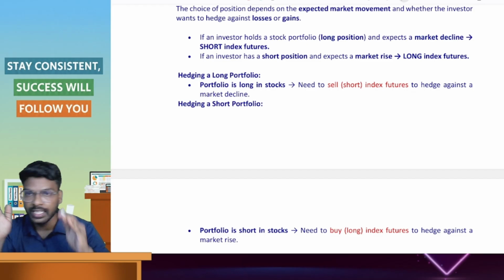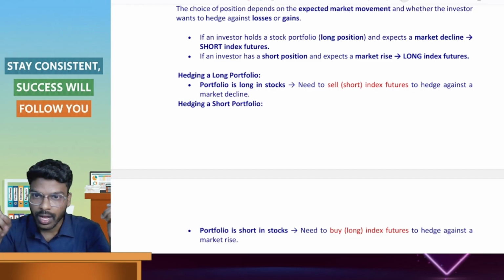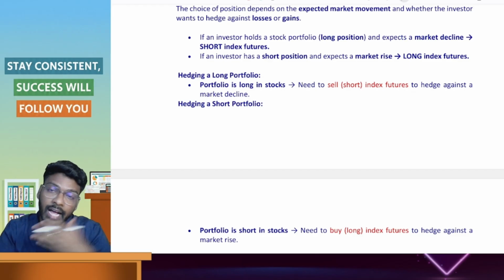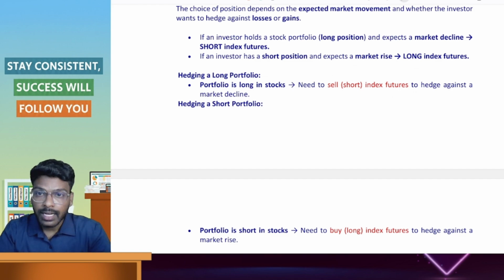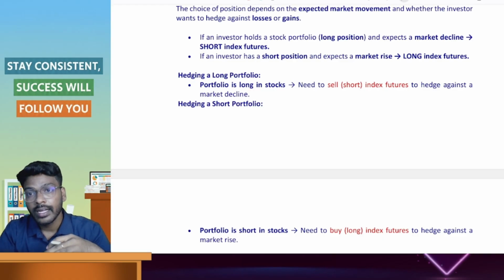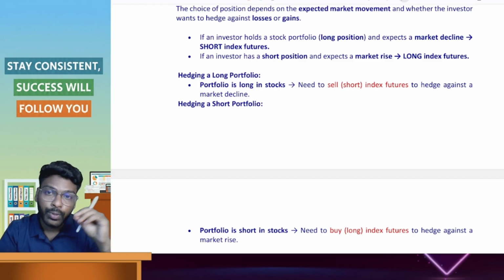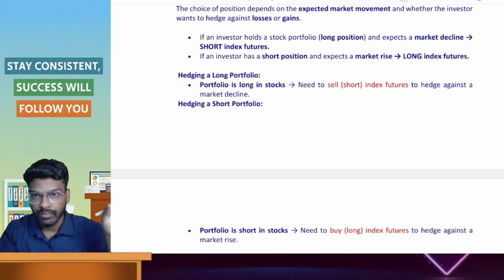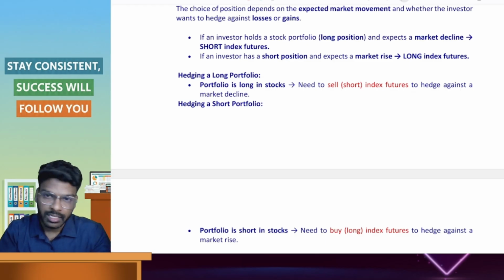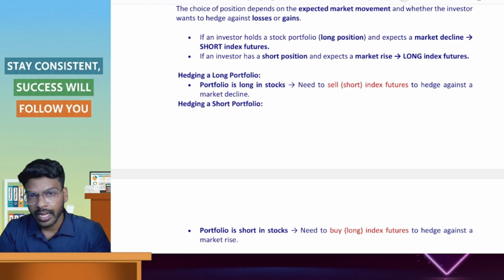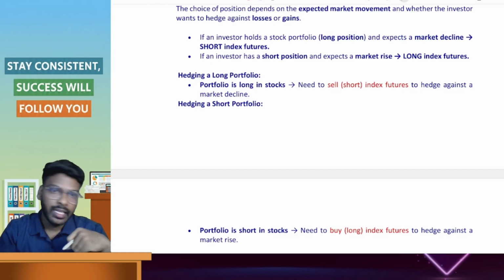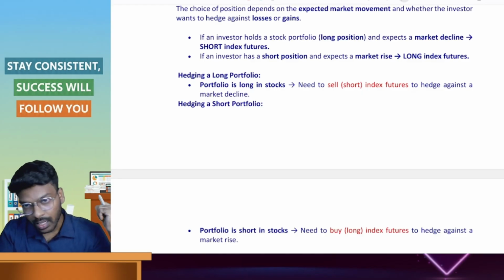First I have an expectation that price will increase, so I will go for a long position in the current market in the shares. Then after that I have a fear that price will decrease. So I will enter into an index future hedging contract, so that I will take a short position, that is the opposite position of whatever position I have. In case of a long position, I will take a short position in the future market. In the stock market I have a long position. In the index future, I will hedge the shares by taking a short position.